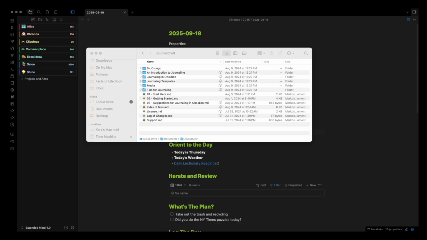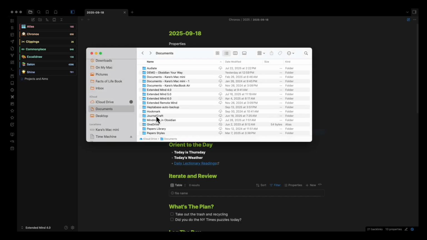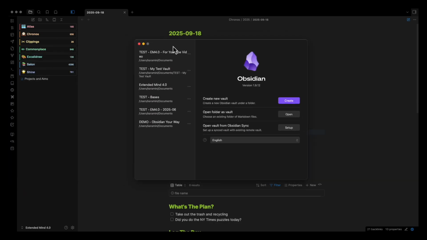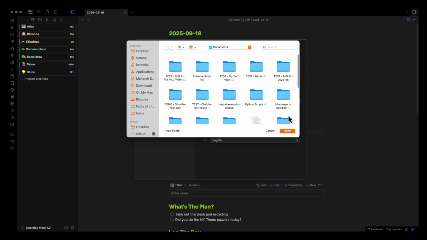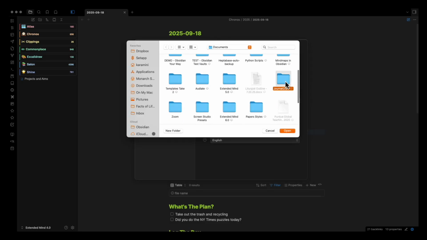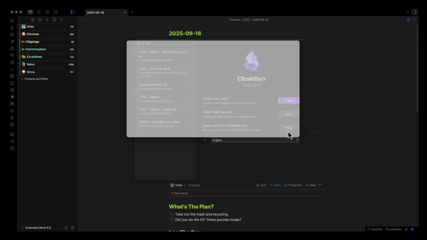We create content for you to use. And so I have open here in Finder TFT Hacker's incredible Journal Craft Vault, and you can see it here. So I'm actually going to go over to Obsidian, and I'm going to do that Manage Vaults thing again. And that's going to bring up the Manage Vaults window that we have grown more familiar with. And I'm going to open a folder as a vault, and I'm going to navigate until I find TFT Hacker's Journal Craft Vault. And I'm going to hit open.